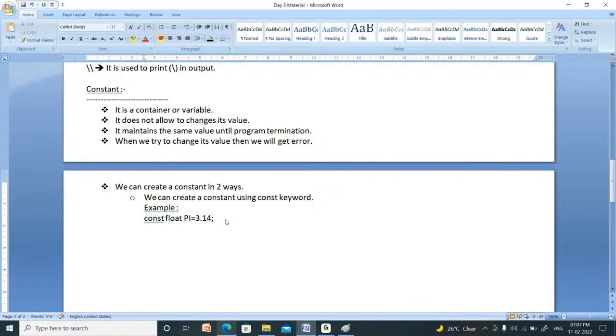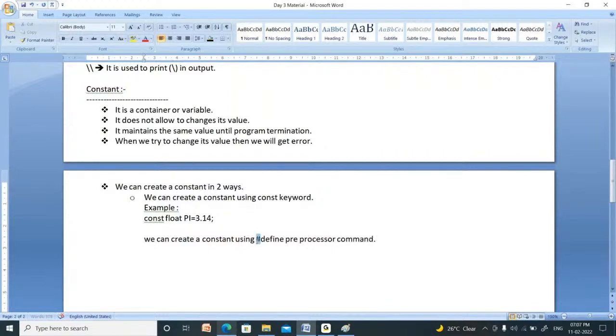Now, the second way is we can create a constant using the hash define preprocessor command.